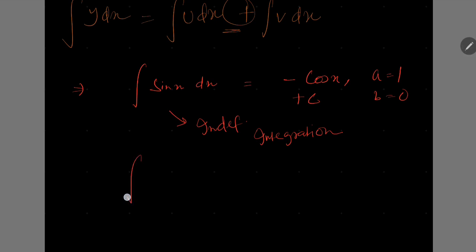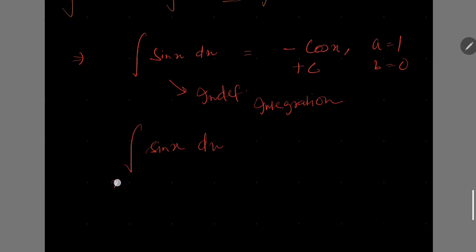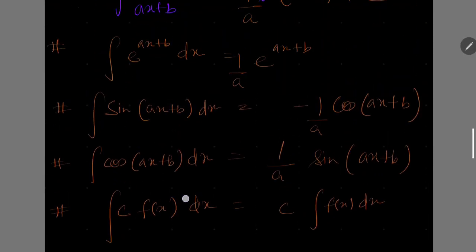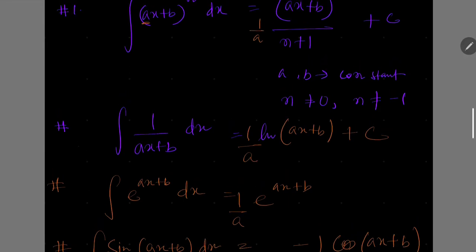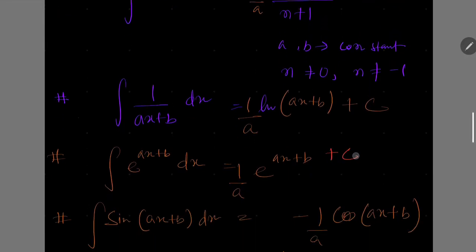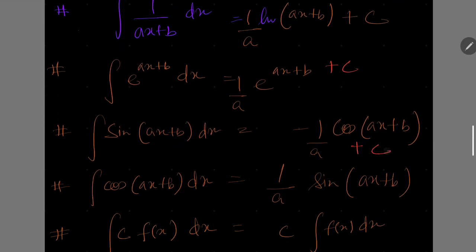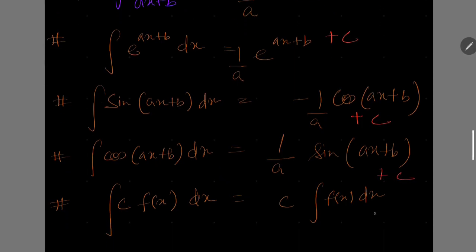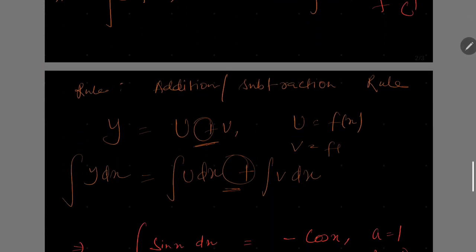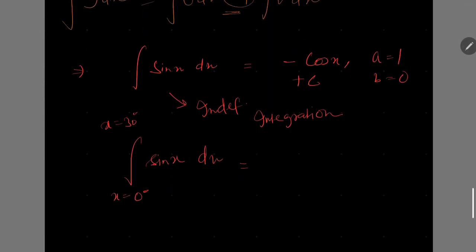What about when I put the limit here? Let's say sin x dx, and let's say x is 0 degree to x is 30 degree. So do the integration as it is with the help of formula, whatever you've written the formula as it is. And in all the formulas you can put c if you are doing indefinite integration. Since I have used c already here, so I am putting c dash unknown constant. Okay, great. So moving ahead, when you see that limits have been described from 0 to 30 degree,